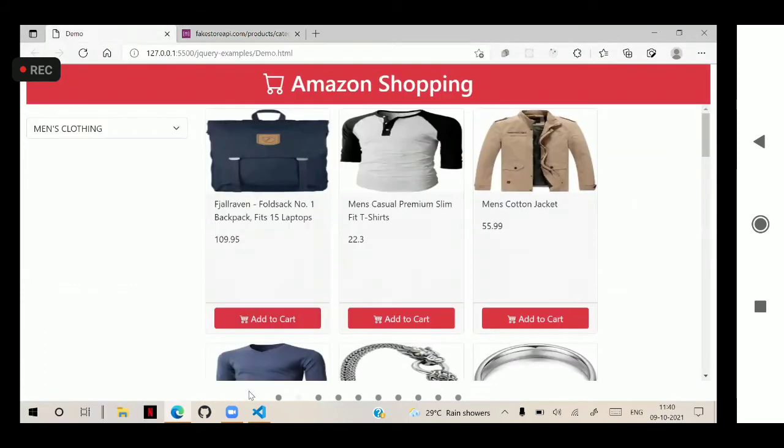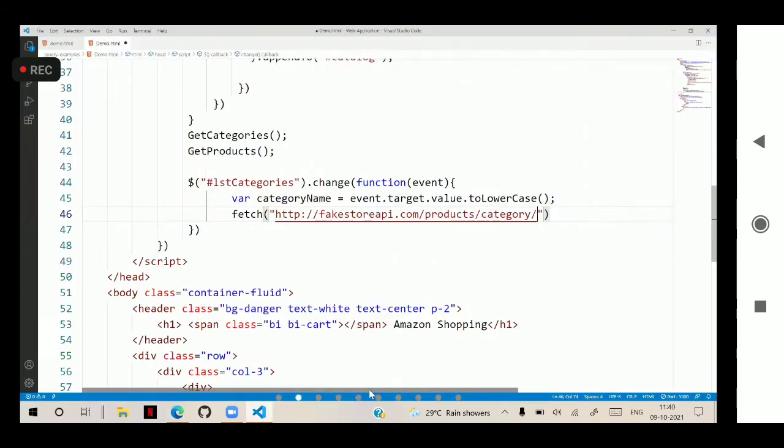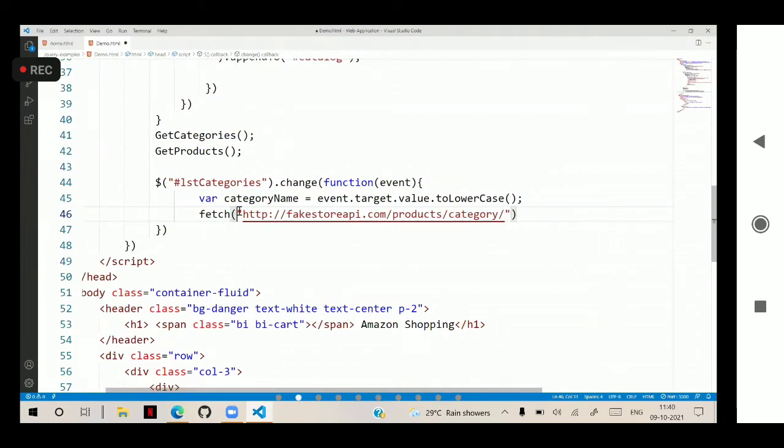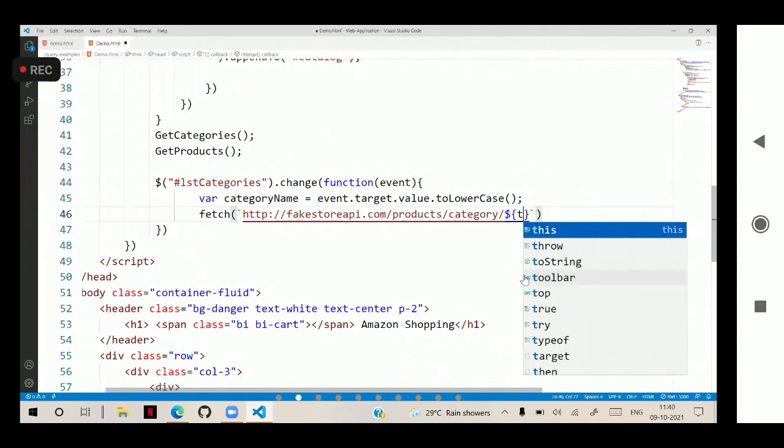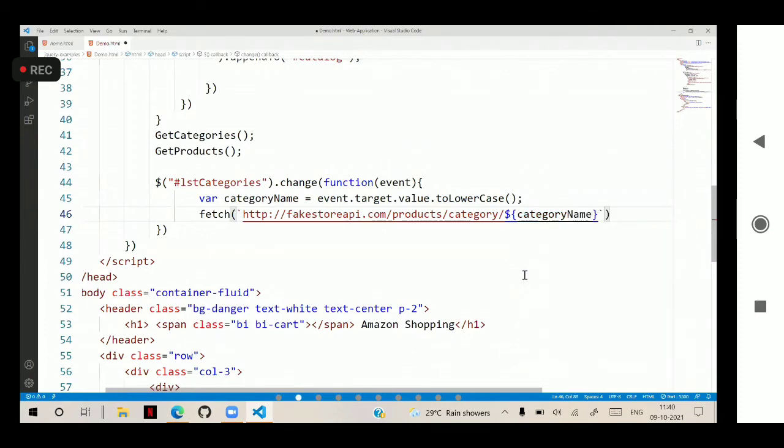So in this, let's put a binding expression, that means backtick, because after the category, the selected category name must be passed here. And the selected category name is nothing but category name. We have to access that.